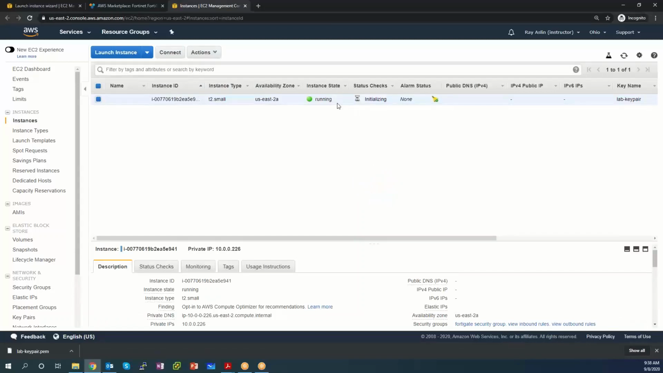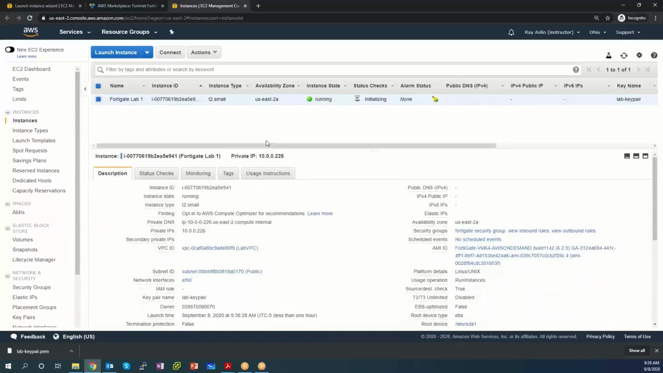All right, well, that deployed very quickly. It says it's running, initializing status checks. Let's just give this a name. We'll go to the name field. We'll call it FortiGate Lab1. There we go. If we go look at the bottom half of the screen, we can see information about this